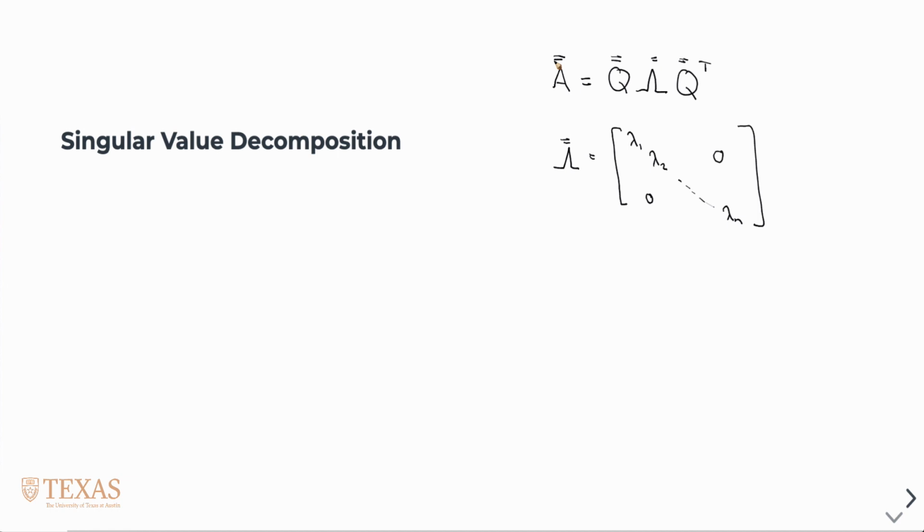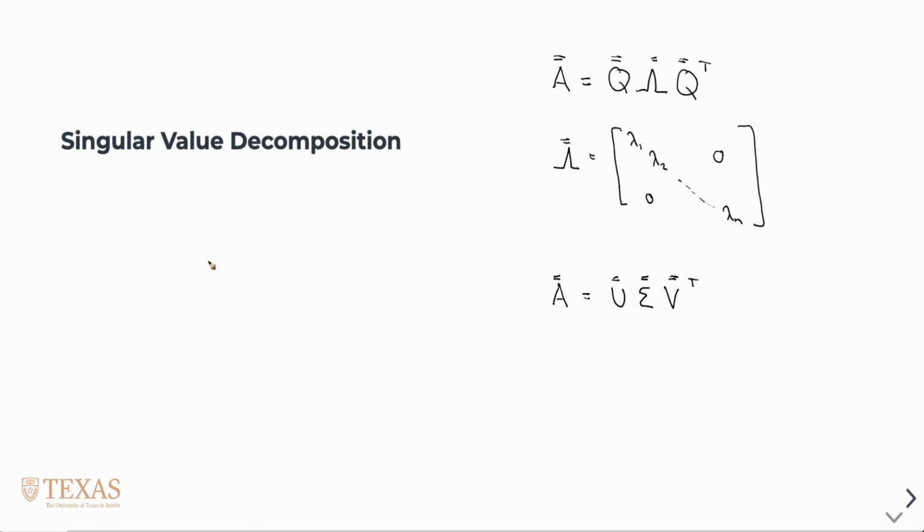But more generally, if we don't have a positive symmetric definite matrix A, or if A were a rectangular matrix, meaning that there's more columns than rows, for example, then the eigenvalue decomposition doesn't really have a meaning. So the singular value decomposition is just a generalization of the eigenvalue. It's a decomposition of the matrix A into an orthonormal matrix U, a diagonal matrix sigma, and an orthonormal matrix V,